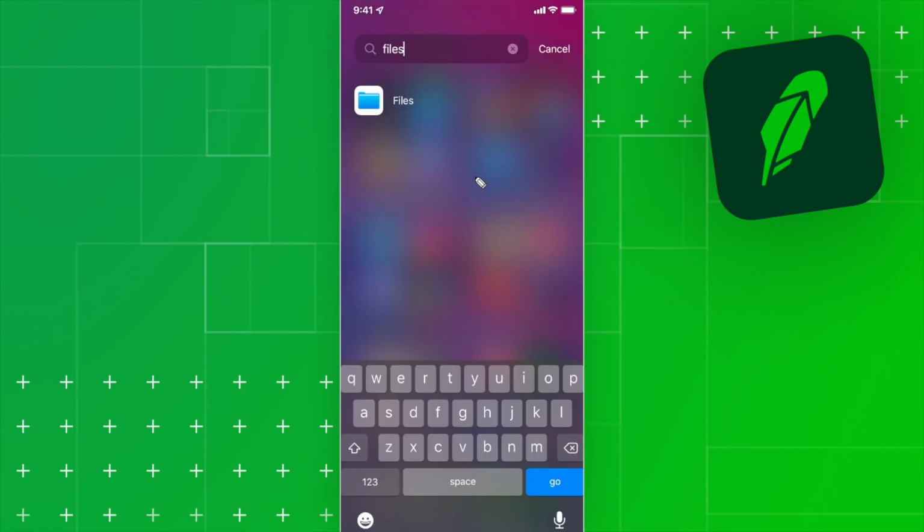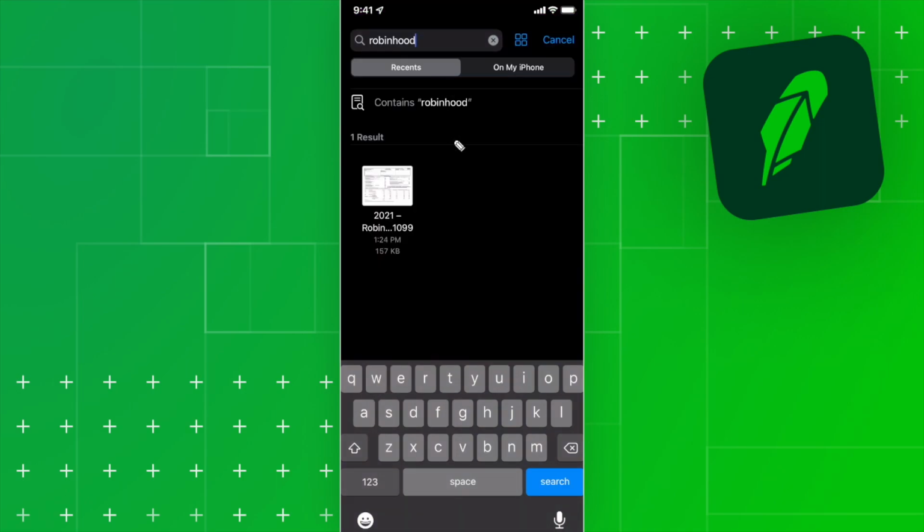Now open up your Files app. If you're on Android, it's going to be called the Files Manager. Search for Robinhood and you should find this file right here, which is going to be the tax document that